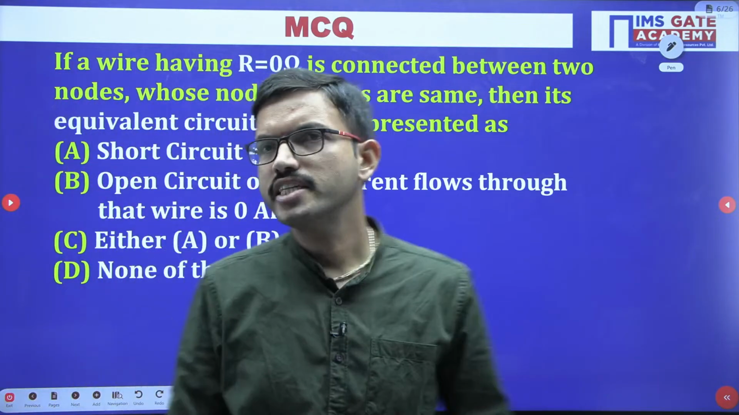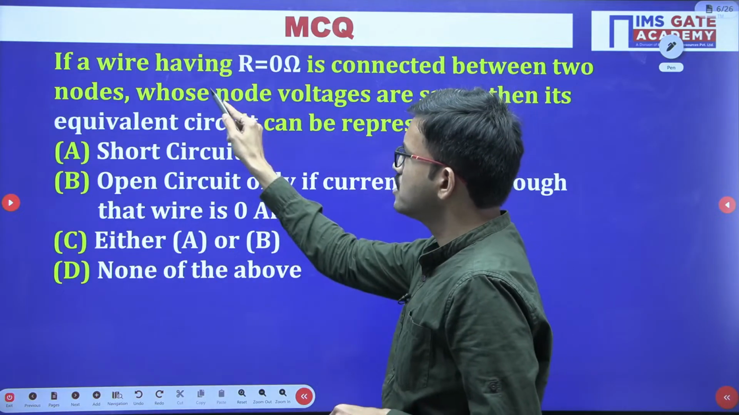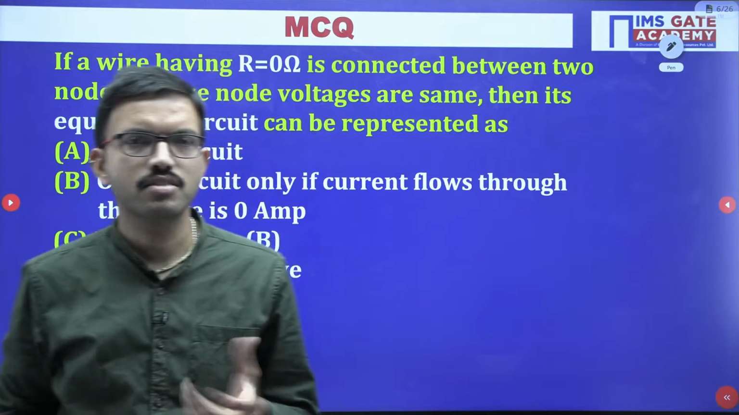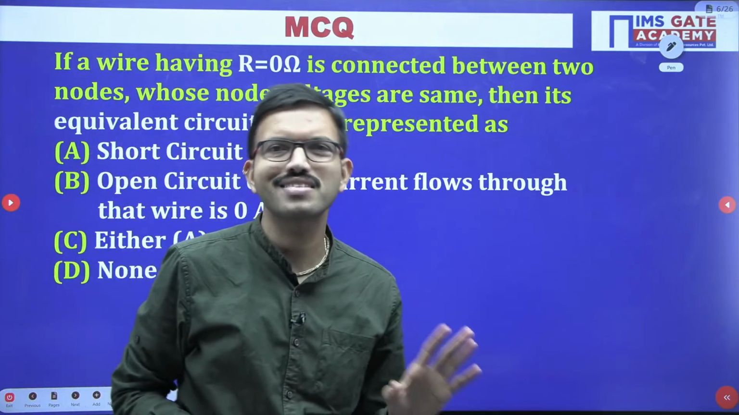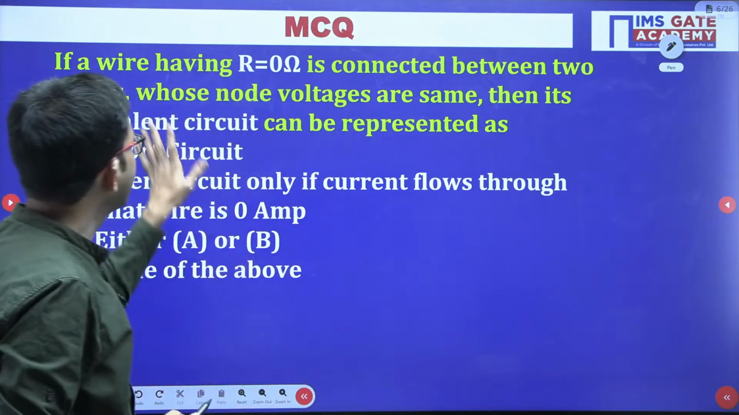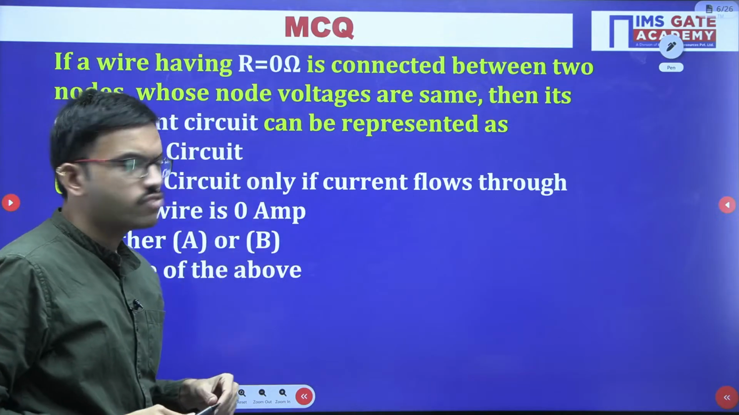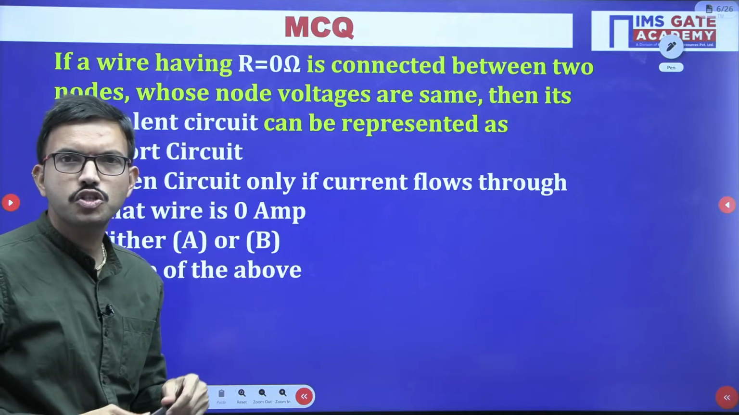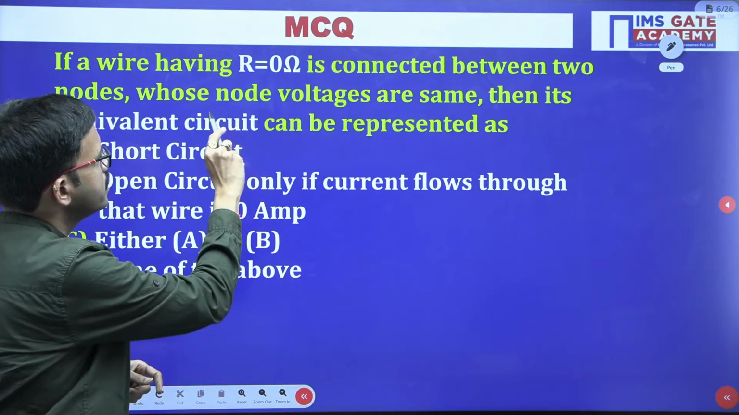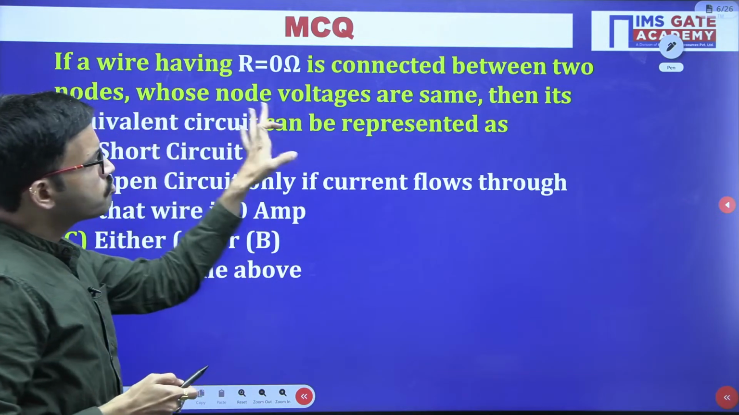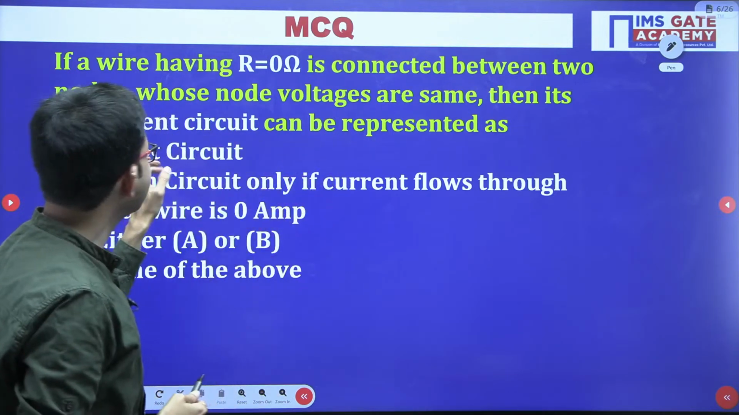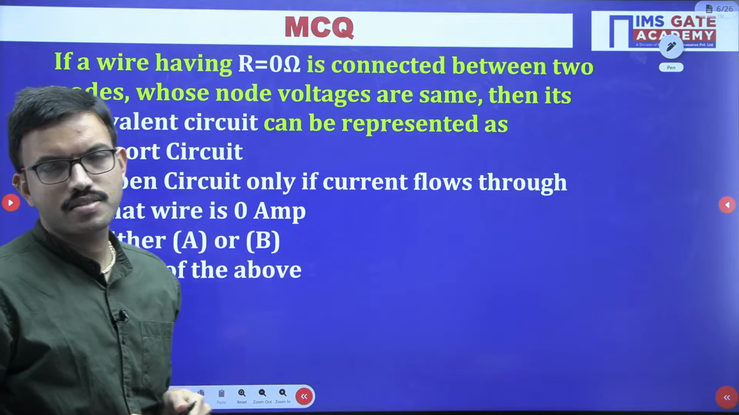Yeah, first of all, read the question. If a wire having R equal to 0 ohm, that means what? It is an ideal wire. Okay, it is not having any resistance. So if a wire having R equal to 0 ohm is connected between two nodes whose node voltages are same, then its equivalent circuit can be represented as,